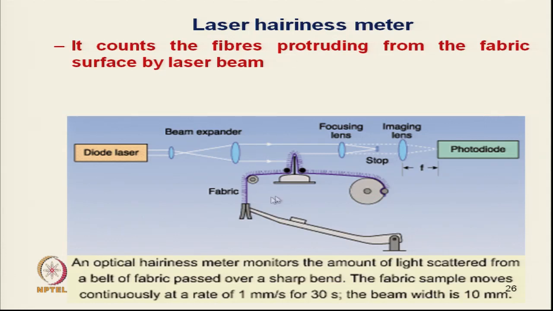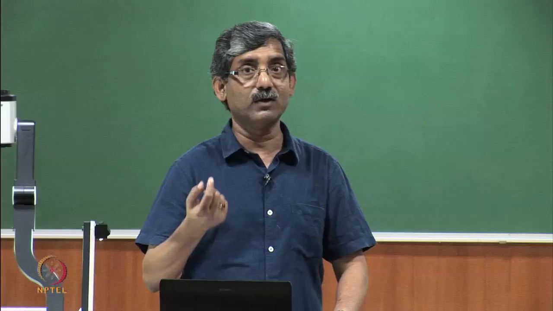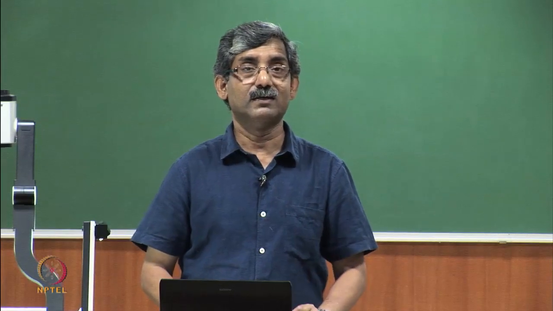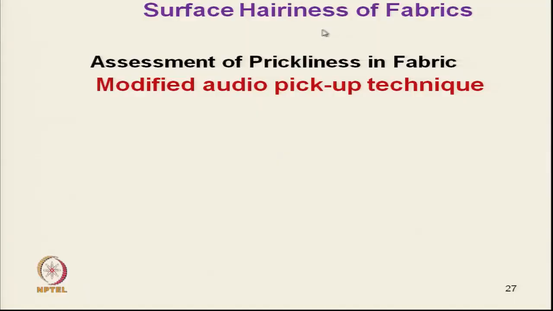Now, at the tip point, when the light is coming, it counts the number of hairs, and from there one can count the hairs present. The sensitivity of the instrument is adequate only for coarser and stiffer hair. That is the limitation of this instrument. If the hairs are coarser and stiffer, they project beyond the surface in a straight fashion, with no bend, and in those cases the instrument measures the surface